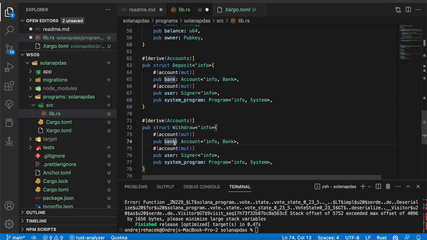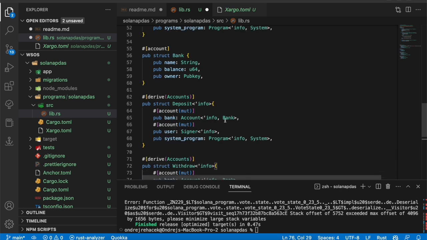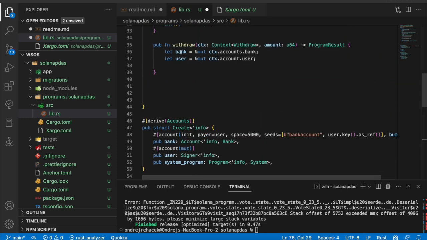The context remains the same for our withdraw function, just like the deposit. We can essentially keep the bank and user account, because this is what we'll be using in our function. So we're accessing bank, we're accessing the user,